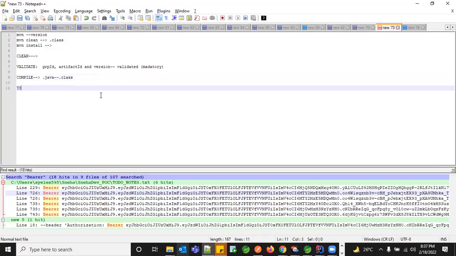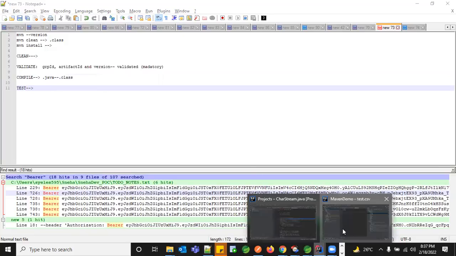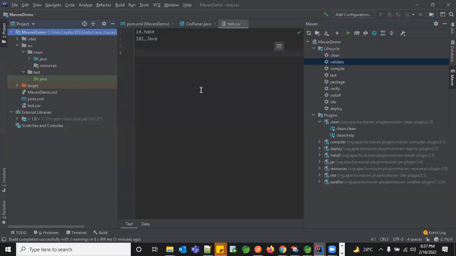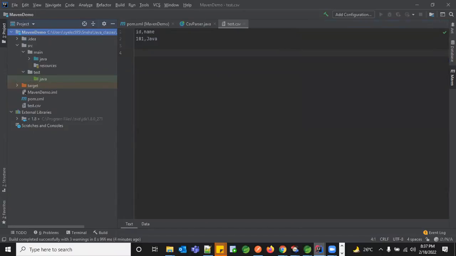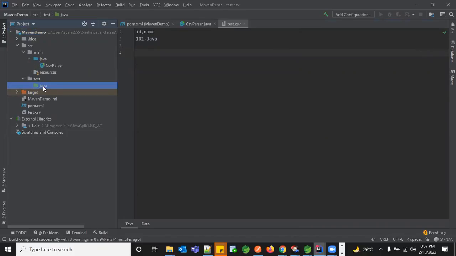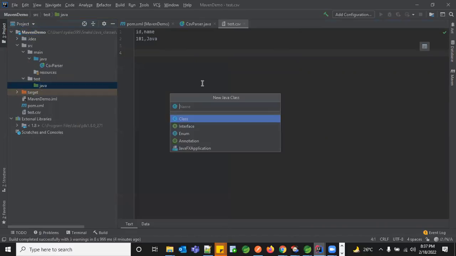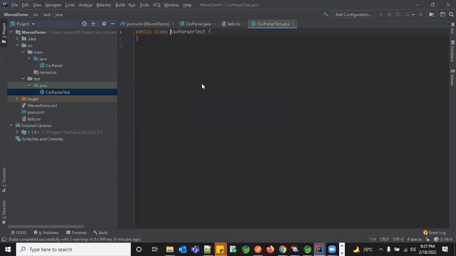Now the test. Whenever you write your Java program, under the test folder there is also something called a Java package. Here, whenever you create a parser, you create a relevant Java class file, say CSV parser and its test. This test file will have all your test cases.